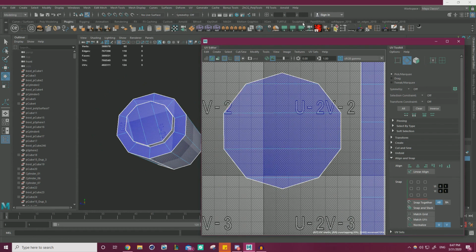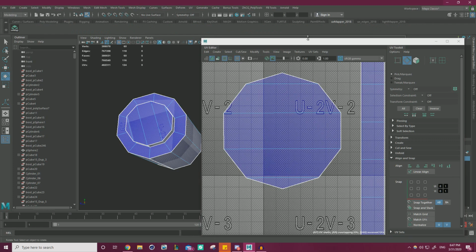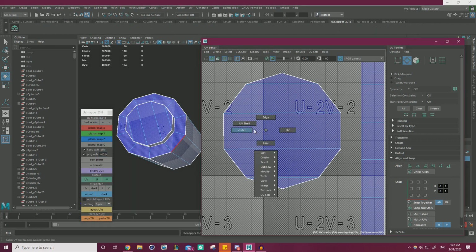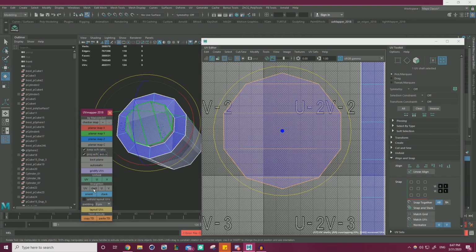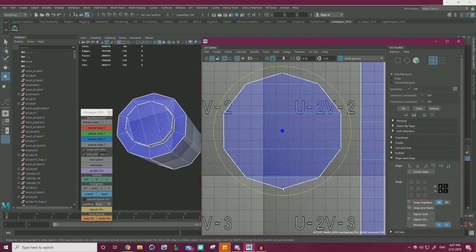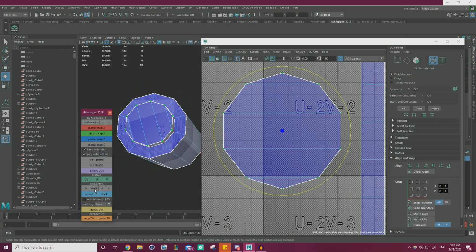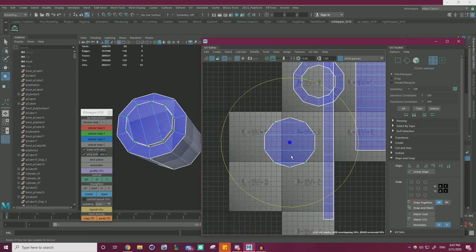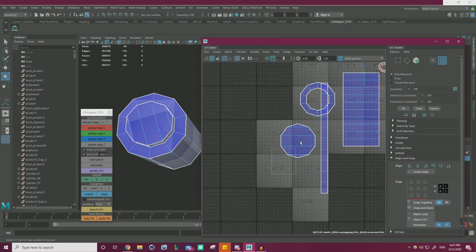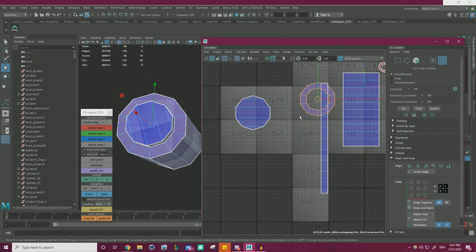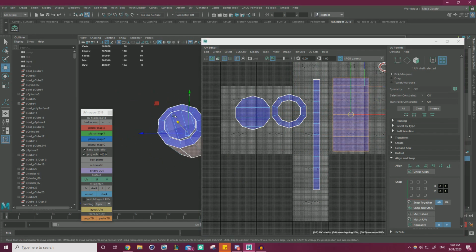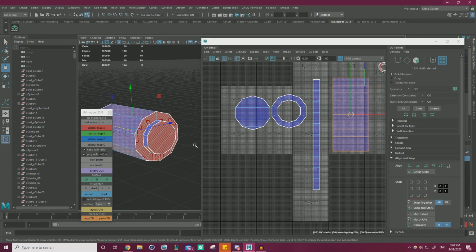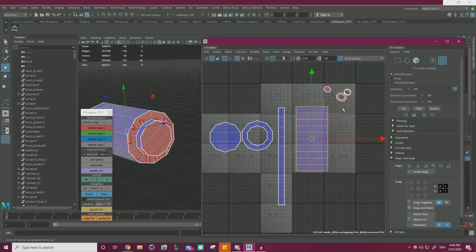That's another thing that I like this UV mapping tool for, is if I select this shell and I go to straighten shell, or I think I might have to have the UV selected. Yeah, it'll line it all up perfectly straight. So you could do that with the align options, but this plugin is just an insane time saver when it comes to that stuff. So there's that side. Then